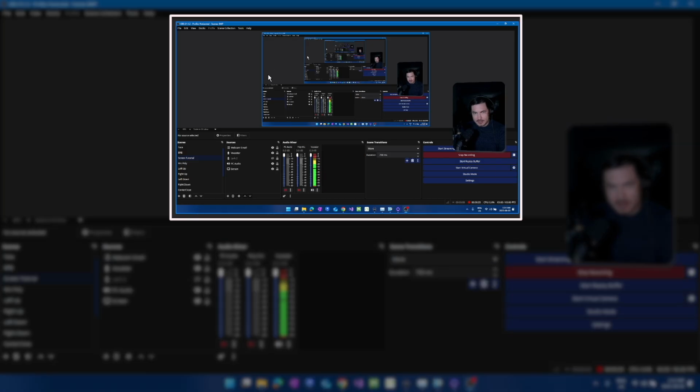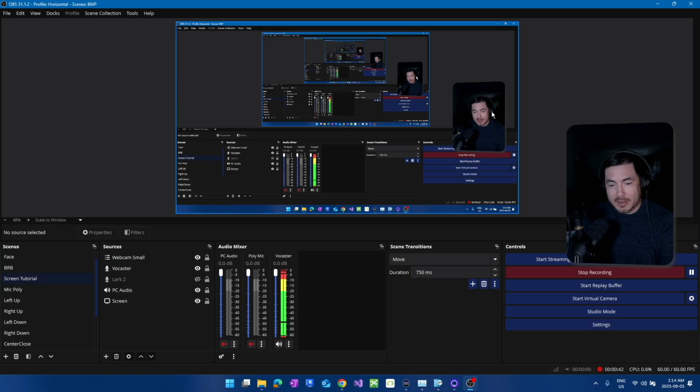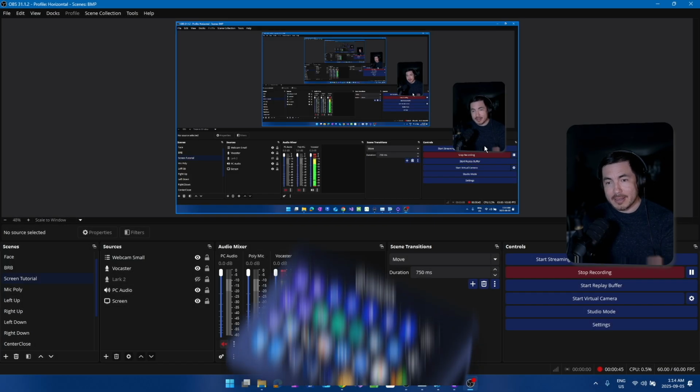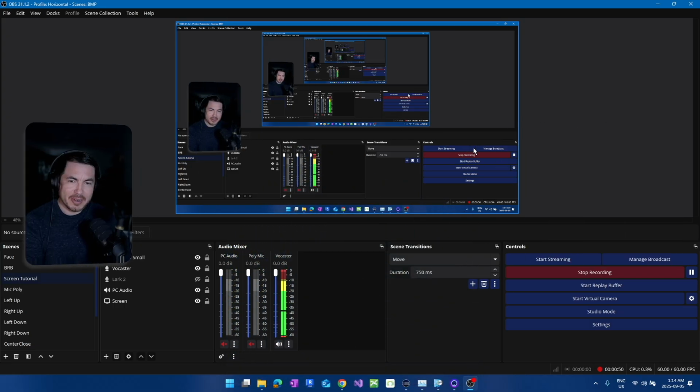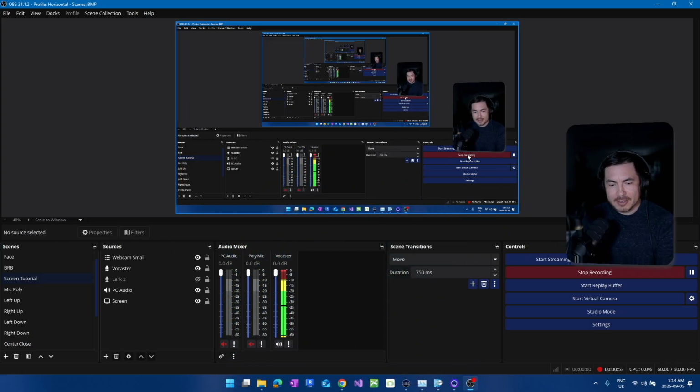Hey everyone, in this video I'm gonna show you how to use OBS and how to get something like this. So I got OBS and it's just going in a loop inside my screen. But anyway, I will show you how to use the Stream Deck to get these camera switchers and also to